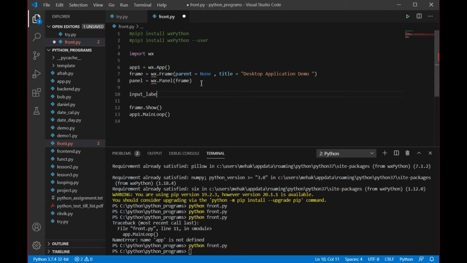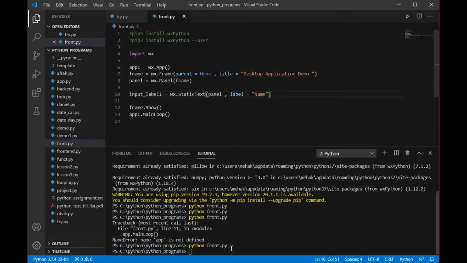So I'm going to take a label, let's name it as label 1. You can have any name, like I am telling you that this is a variable name, you can have any. But these are the fixed things that you cannot change. Text, static text. Why I'm saying static? Because I'm going to define label in this, and labels cannot be changed. Let's say I'm saying that label is equals to, I can give a label that is name. This is the label that I want to give.